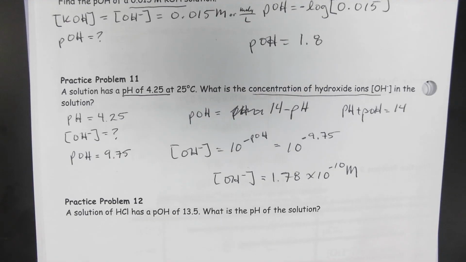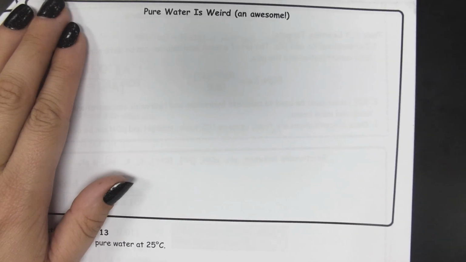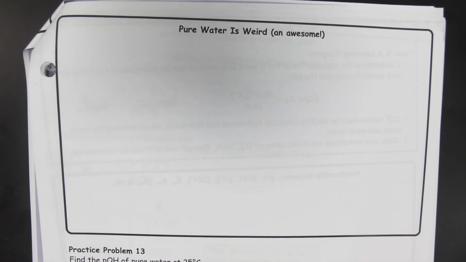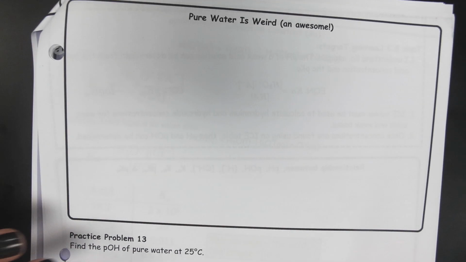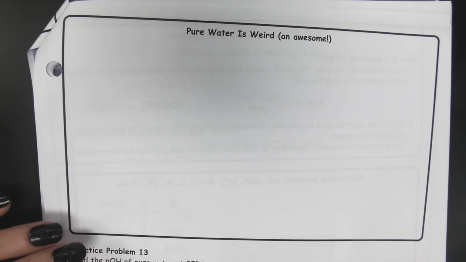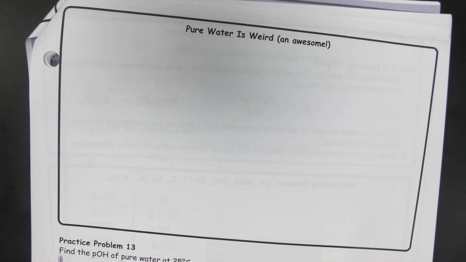So these were for acidic solutions and basic solutions, but we can also do calculations with neutral things, in this case, pure water, okay? So looking at page 13. All right, water is awesome and it's weird. So what I am about to show you, I'll distinguish if this is true for acids and bases or if this is only true for pure water. So here's the first thing that's only true. It might also happen, but not to an extent that's meaningful, but only in pure water,